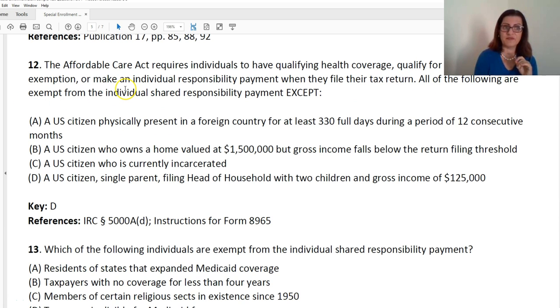All of the following are exempt from the individual shared responsibility payment except. So we have a list of exceptions in the book. You can also go to healthcare.gov and see the exemptions. There's a huge list on the IRS website as well, but it's a little difficult to navigate. So if you don't have the book, I recommend going to healthcare.gov and looking there because I feel like it's easier to read. They've done a good job of making that, at least the information on the website. The website itself is almost impossible to navigate, but you can pull up the list of coverage exemptions there,